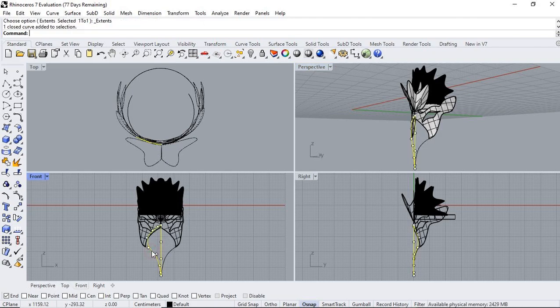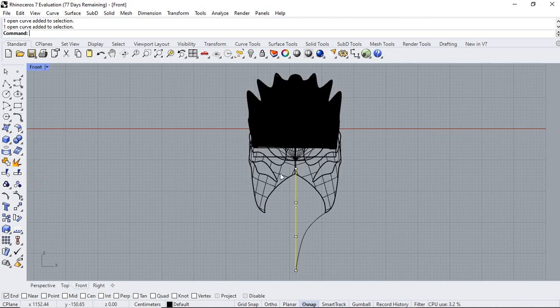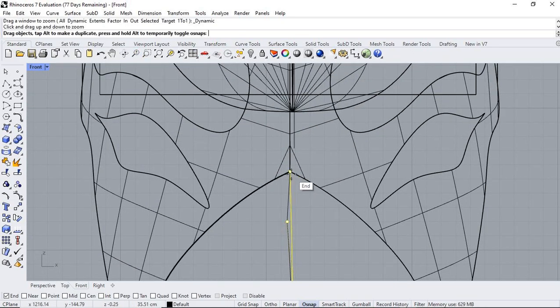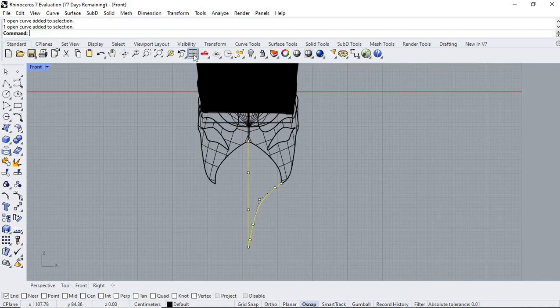In the front viewport, I want you to delete the centre line and the part that's showing to the left, which was our old template. We're just going to work with what's on the right hand side here and this line in the centre that we have remaining. So let's look at the front viewport in more detail. Let's take the top of that line and make sure that it aligns with the centre. Once you're happy that it all looks straight and attached to the main mask,